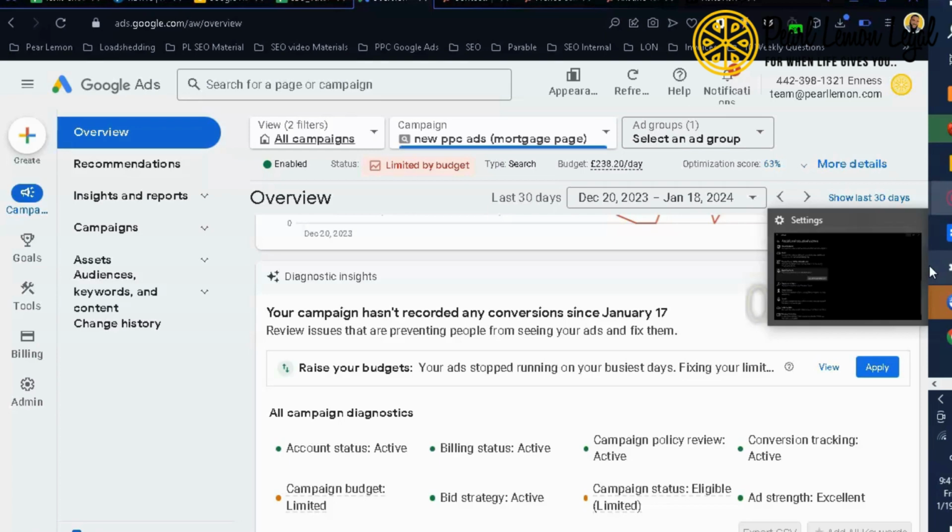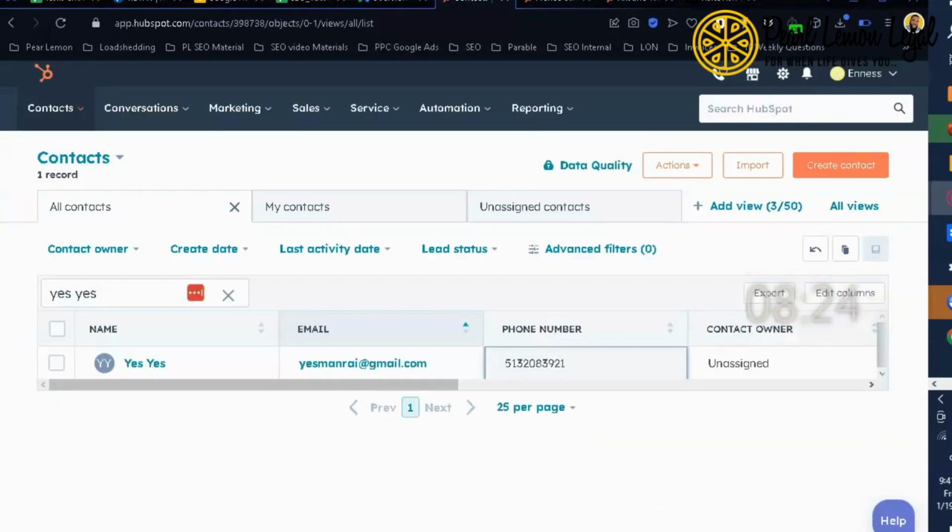Because at the end of the day, if you paid for that click, that's money that's gone to waste. Even if it is $1 per click, that money essentially goes to waste. So we need to learn how to save that money. The best thing that we can do right now is leveraging HubSpot. When you integrate Google Ads with HubSpot, it allows you to